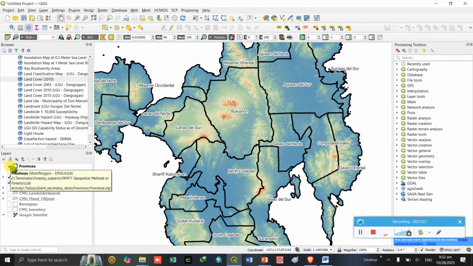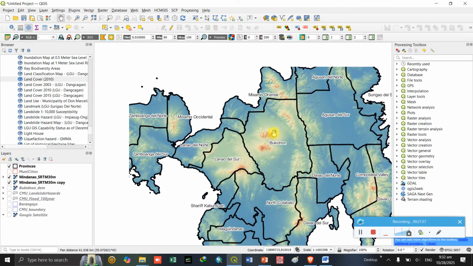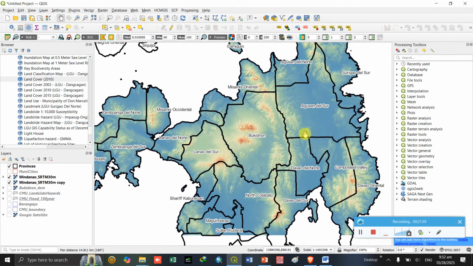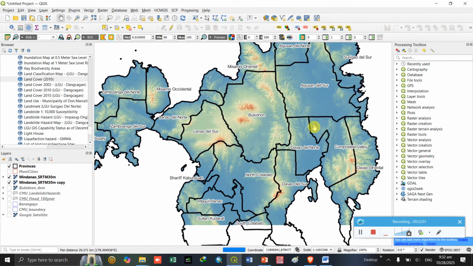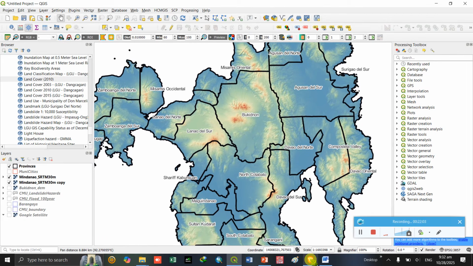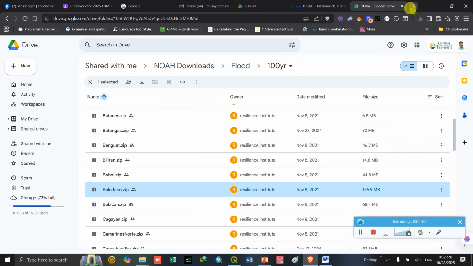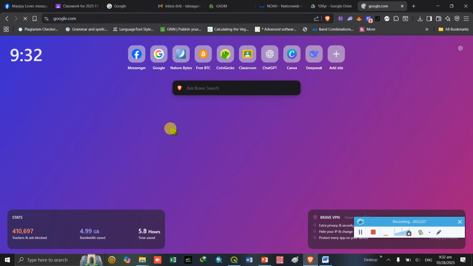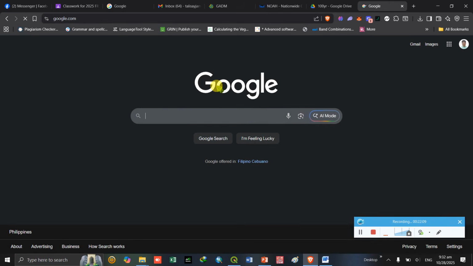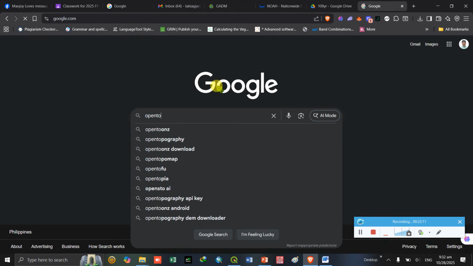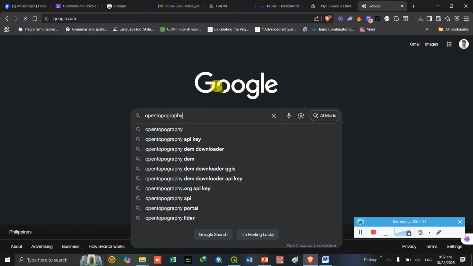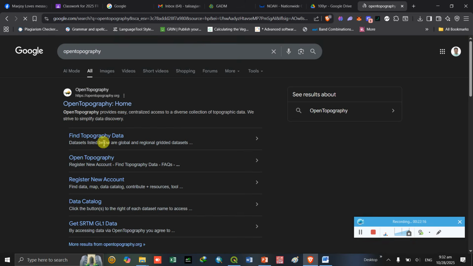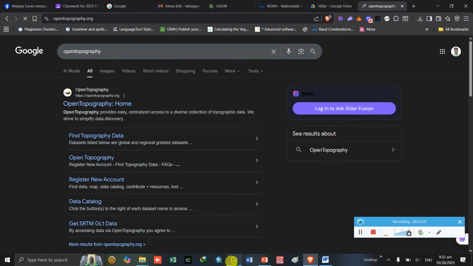Okay, and then if you need to access the DEM, you just need to search in Google, say, Open Topography to download, just in case you need to have the DEM aside from Mindanao.